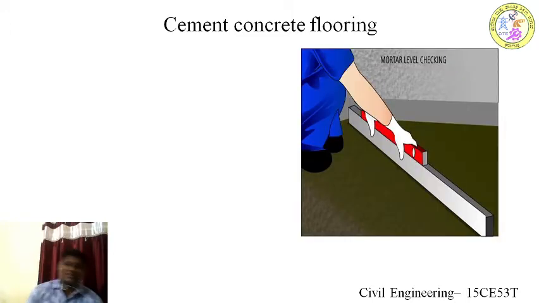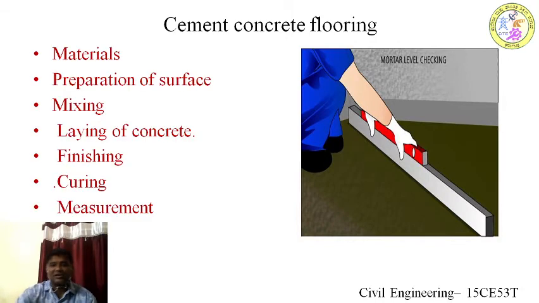The next item is cement concrete flooring. In the olden days, before the invention of tiles and marble and granite flooring, people used to live with this cement concrete flooring. And even today, in the majority of industries or market areas, you are going to see this type of flooring. This type of flooring is very hard, and it is also resistant to chemicals, so it is being used, and it is also good for stains, but the aesthetic appearance is not good.